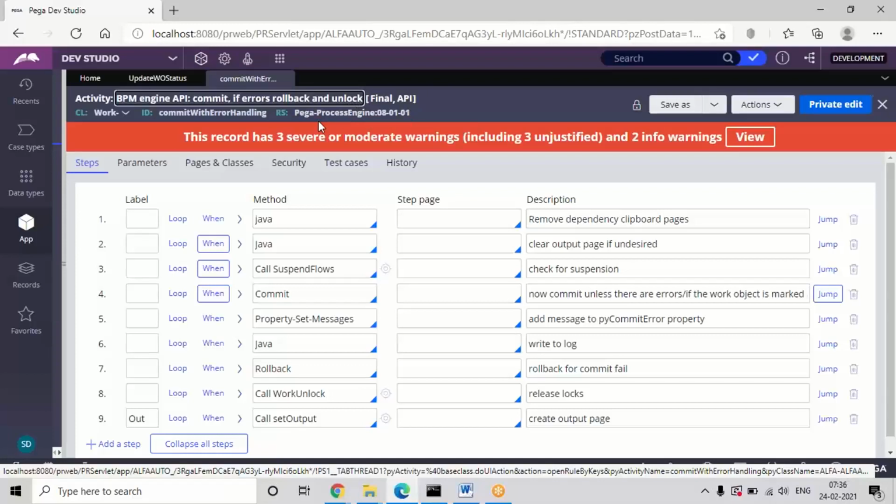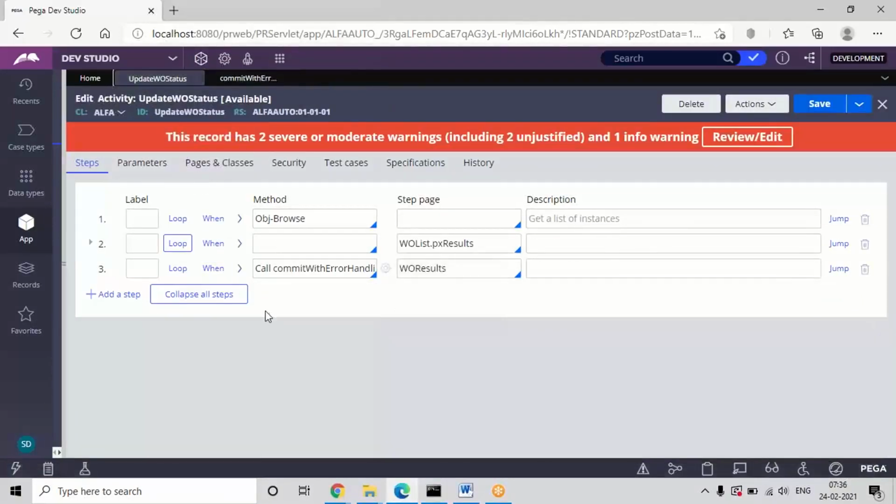So during commit it will lock, and after committing it is going to unlock that record. All the actions it will perform in one API. So whenever it is a non-transactional save, compulsorily we will be using this API. Individual methods are not recommended. This API has all the functionalities, so it is recommended to use the APIs instead of methods.